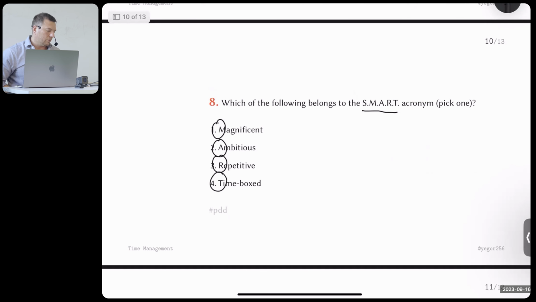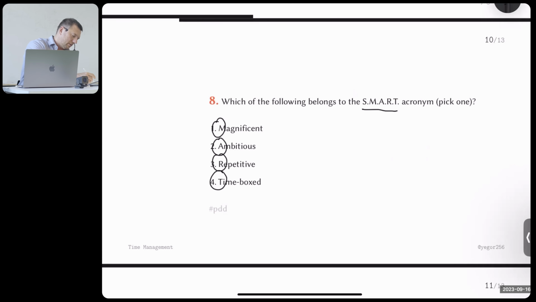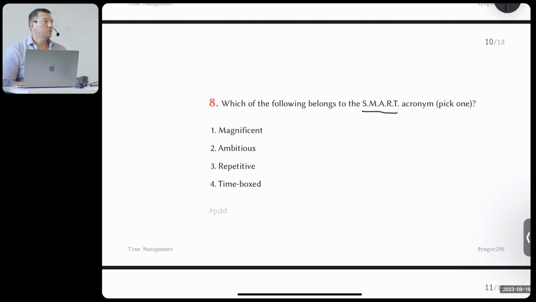Final question, which of the following belongs to the SMART acronym? What's your answer, friends? You said you know. 4. Right, you're right. Number 4. That's good. So SMART, that's not actually about really project management. It's more like a